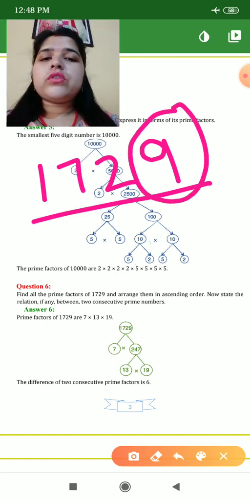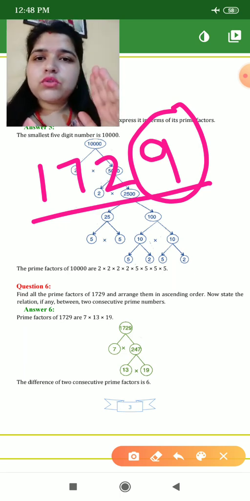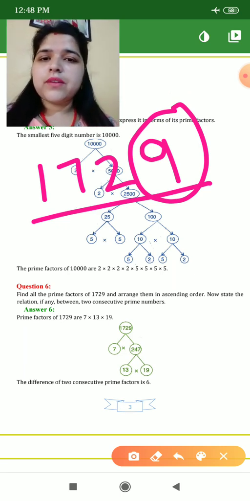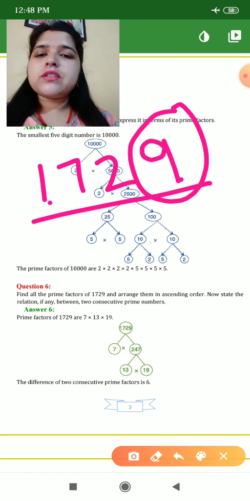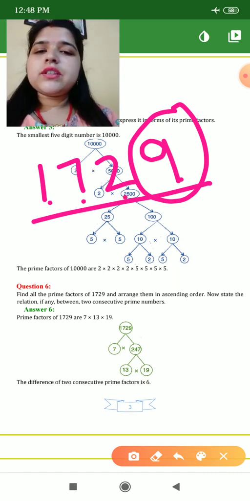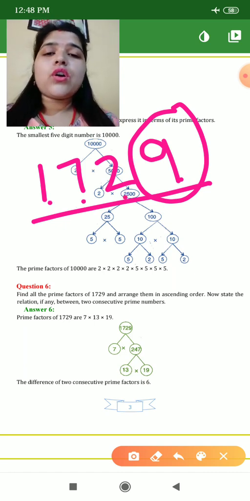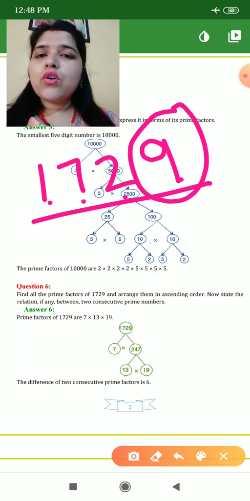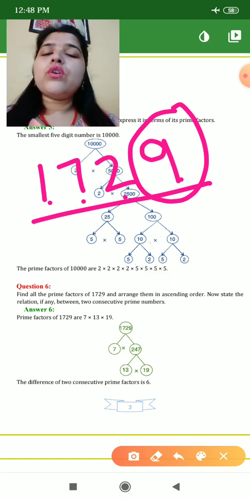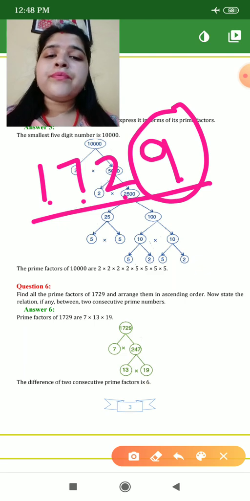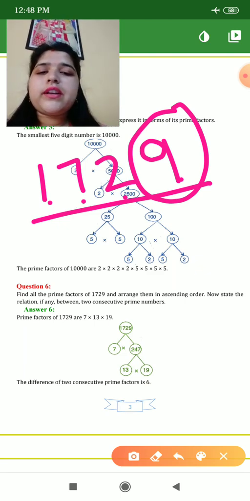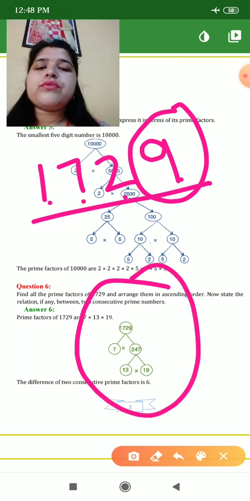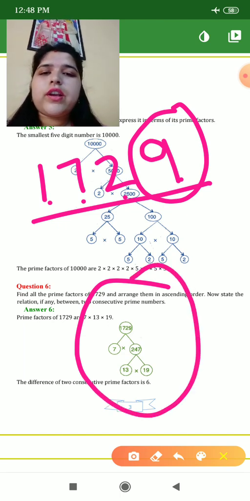Now we will go for 3. For 3, the sum should be divisible by 3. Add these: 9 plus 1 is 10, 10 plus 7 is 17, plus 2 is 19. It will not go in the table of 3. We will go for 4, 5, 6, 7. Same way we will continue, and you can see in the picture that it is going with the table of 7. Okay, now let me show you.